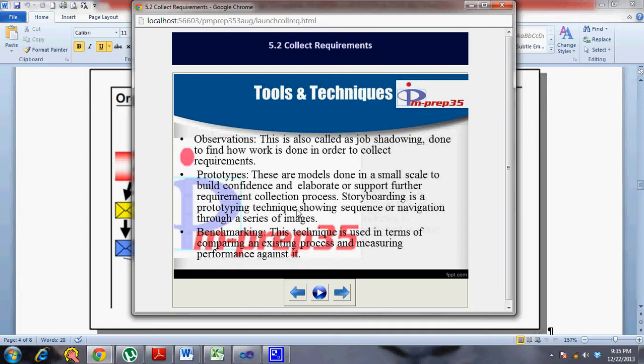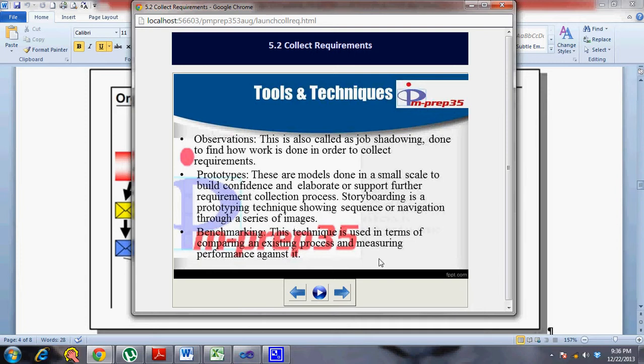Prototypes are mostly used in software industry, so that way it's a very key feature, a key technique for gaining confidence. Then benchmarking, wherein you use a system, you try to model an existing system. There is not much scope for innovation, but you try to do something that has already been done in the industry. There's some standard set by some system, some application, you try to meet that.